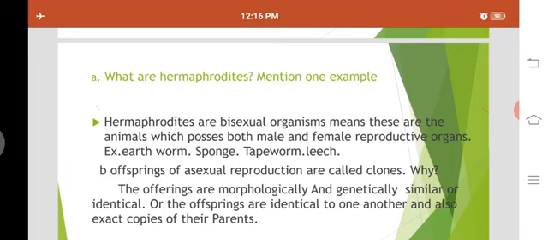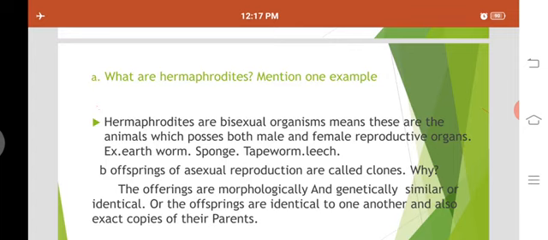And in case of bisexual plants, bi is nothing but two. Here in the plant, both the reproductive structures are present: the male reproductive structure and the female reproductive structure. Such plants are called bisexual plants. Getting my point? Bisexual is also called the monoecious condition. Mono is nothing but single. Here in the same plant, both reproductive structures are present, which is also called the homothallic condition.